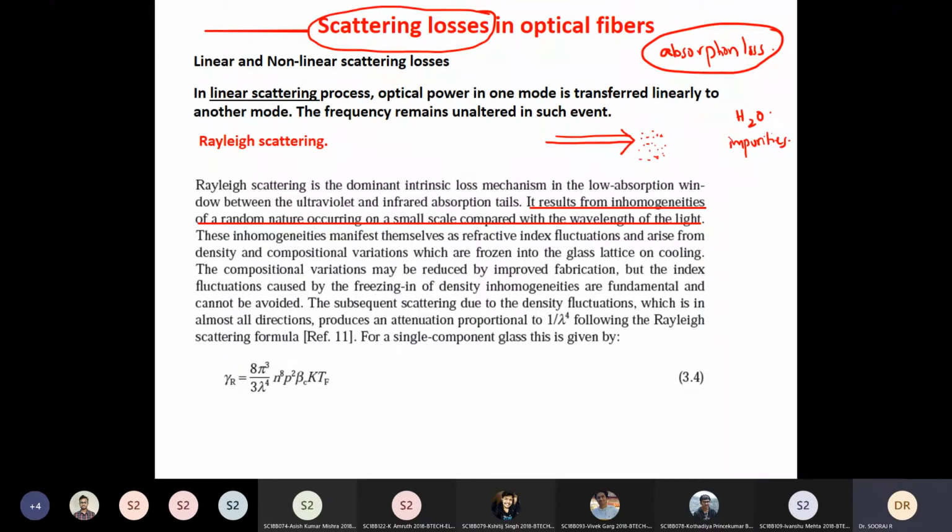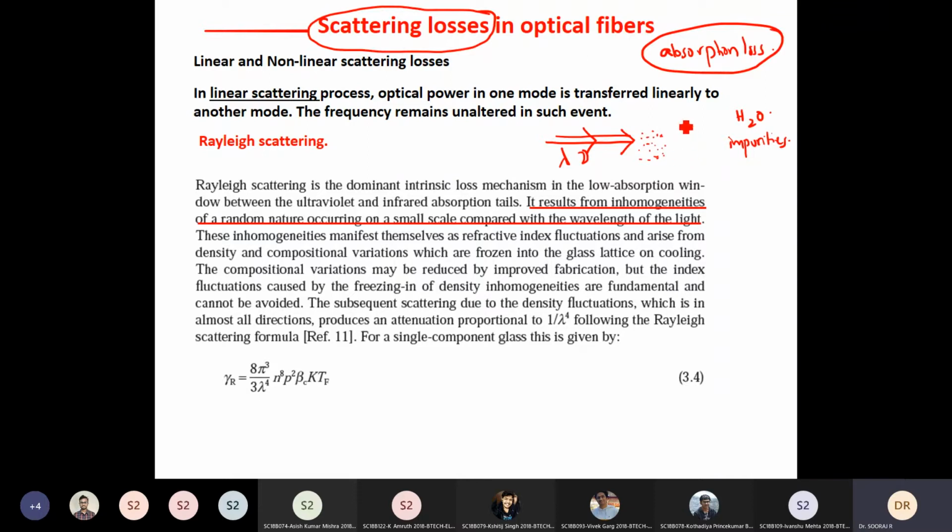So scattering can be classified into two. It could be either a linear scattering process or a non-linear scattering process. Linear scattering process means, let's assume that the incoming photon has a particular wavelength, let's say lambda, or let's say the incoming photon has a particular frequency nu. So after scattering,